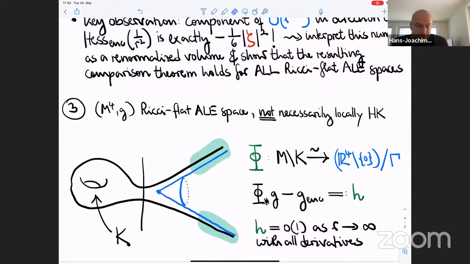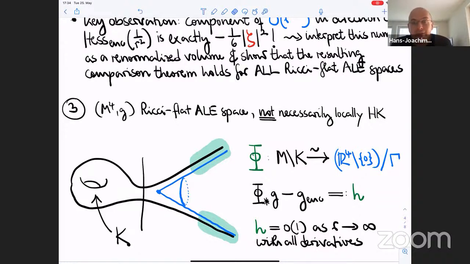Okay, so here's the setup. Let's say (M⁴, g) is a Ricci-flat ALE space, not necessarily hyperkähler or locally hyperkähler. Interesting cases are when the holonomy would be SO(4), so the generic holonomy case. And if you want, this can be the definition of an ALE space for you. I didn't write it down very precisely, but basically you have a compact part K that contains all the non-trivial topology, and then you have a diffeomorphism from M minus K to the punctured flat cone, or you could have removed a compact set, a unit ball around the